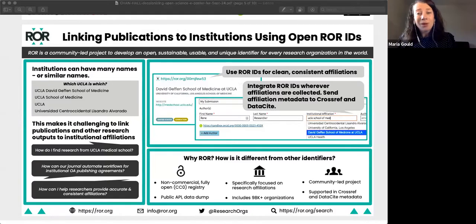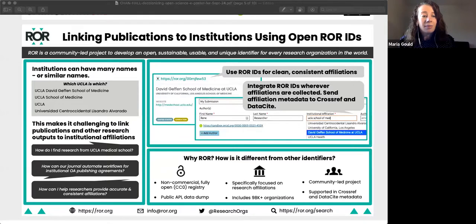So ROAR is here to solve that problem, or attempt to solve that problem with your help and support. ROAR is a registry of open identifiers for research organizations, specifically focused on affiliations. There are about 98,000 organizations in the registry right now, each with a unique ROAR ID. The ROAR data is completely open, it's CC0, it's interoperable with other organization identifiers, and we also have a public